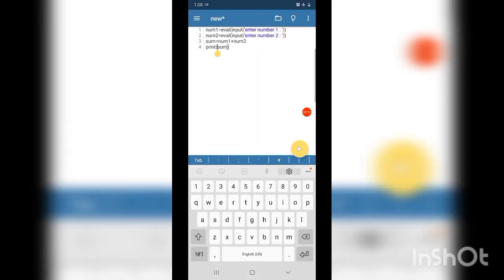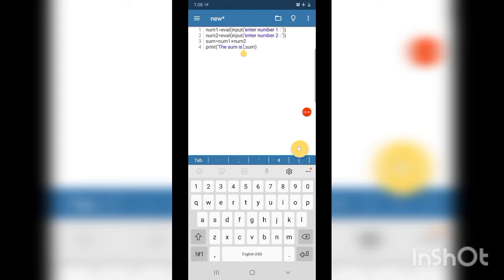writing here, in single quotes, 'the sum is', then the single quote closes, then a comma. The sum is, then some space.